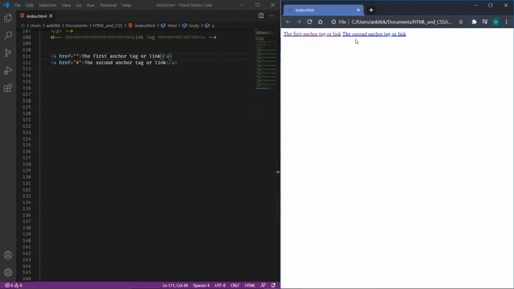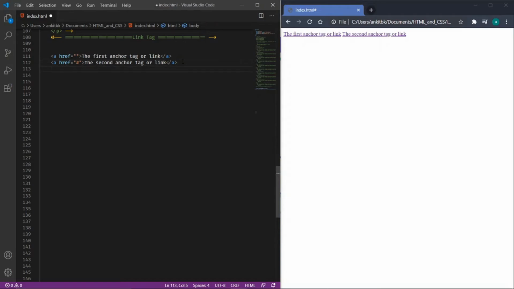I'll save it. So this is the second anchor tag. When you click here, it will not go anywhere, and you can see the hash symbol has been added here. Similarly, at the bottom of the browser, you can see it wants to navigate to index.html with a hash symbol added at the end.